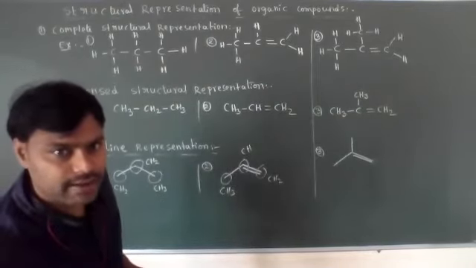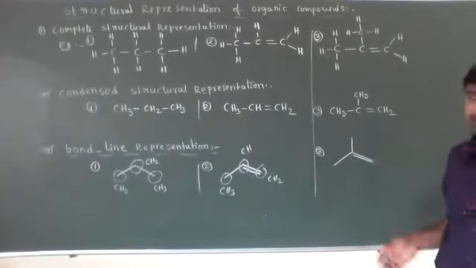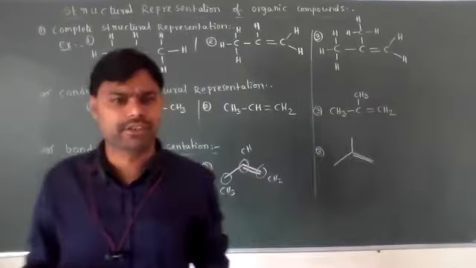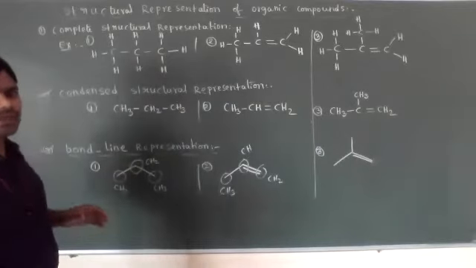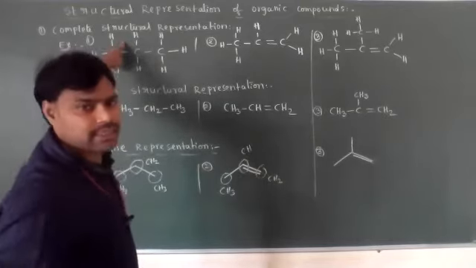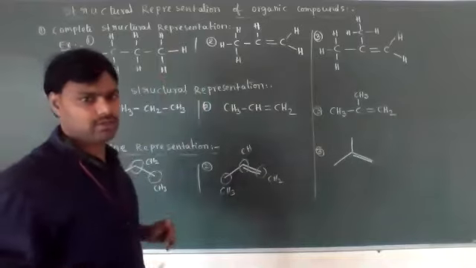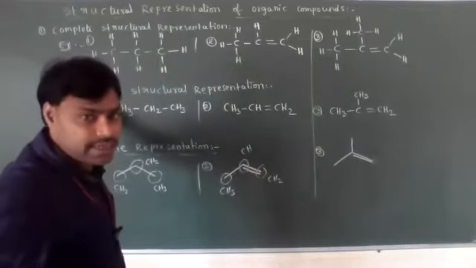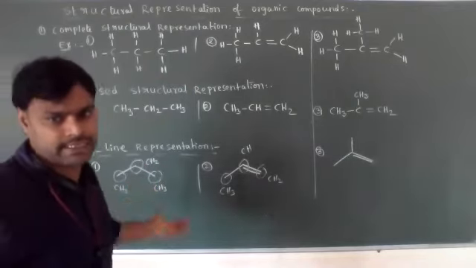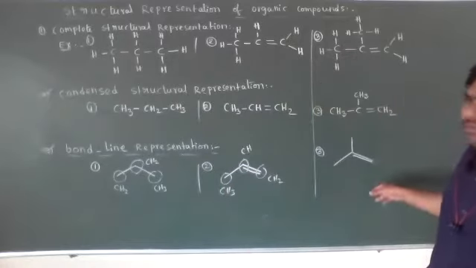In the same way, cyclic compounds also we can write. Whatever big organic compound they give, with 10 carbons or 15 carbons, writing the complete structural representation takes a lot of time and requires more space. But the condensed representation we can write very easily, and compared to that, the bond line representation becomes even easier. We can draw very fast. Okay, clear all? Anybody have doubts?